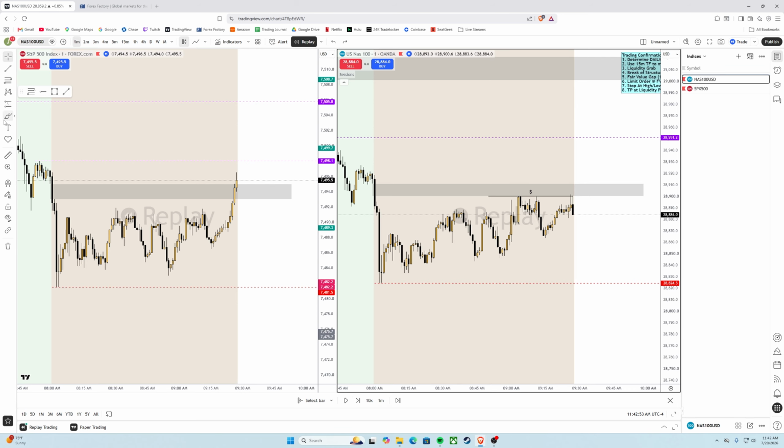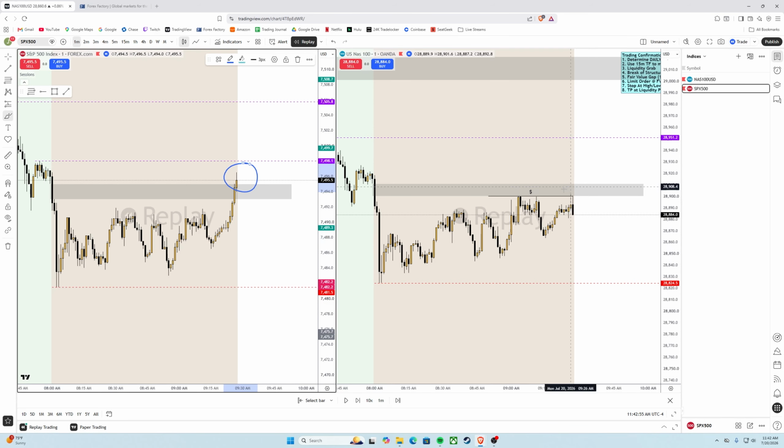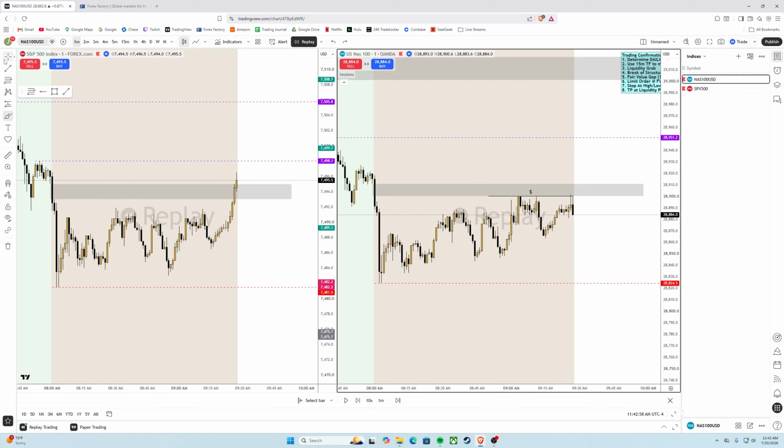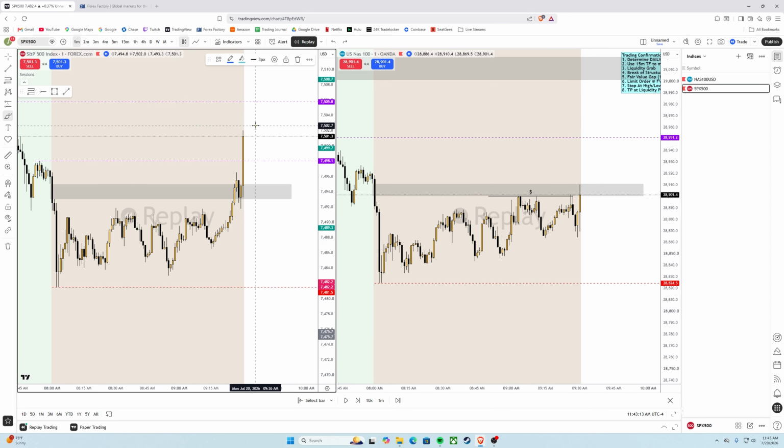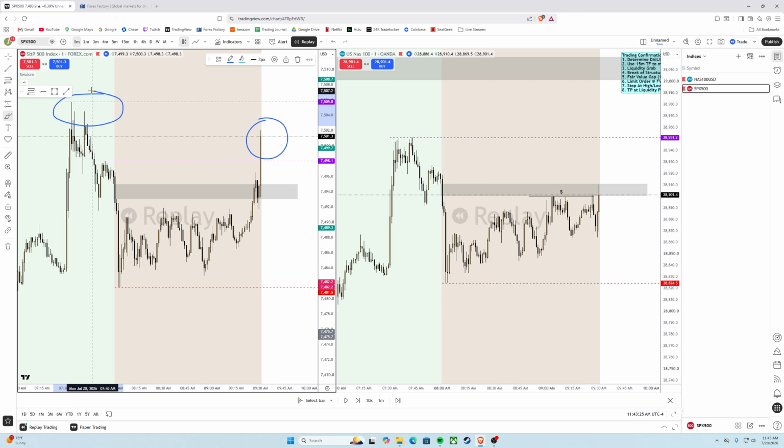So you see S&P decided to push further while the Nas began rejecting. So out of these two pairs, I'm more interested in the Nas because right now the price action is better as far as what I want to see from price. So now we are at 9:30. This is the 9:30 open, this next candle. As you can see, the 9:30 open for the S&P cleared the high of the session. This now made the high of the New York session, which is the brown background, and is getting closer to clearing the high of London, which might be the high of the day as well.